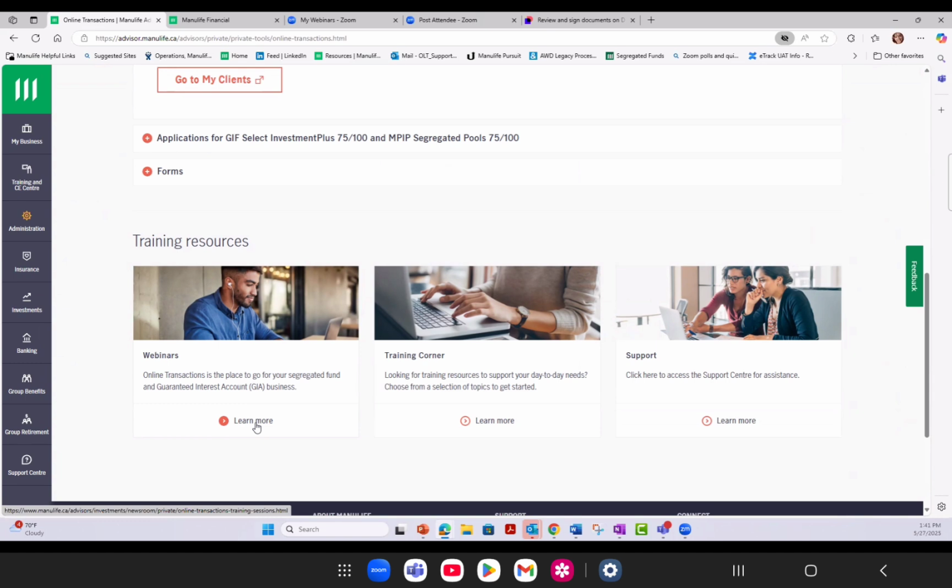And you can just register for a date and time that's convenient for you. We also have the training corner, and your support button here is contact information. So if you're needing Manulife's address or the investments call center number, you can find it in the support area. So I'm going to go into the training corner,